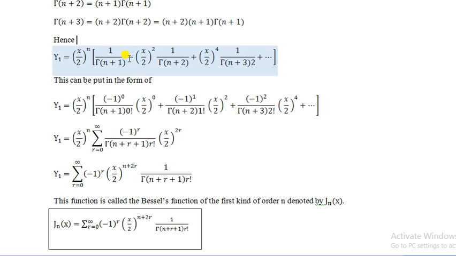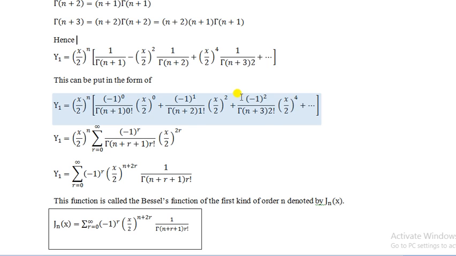Now the second term, here the sign is minus. So again we will write this, replacing the minus sign as plus, and again for convenience we will express 1 divided by gamma of n+2 as (-1)^1. So (-1)^1 becomes a minus sign, but here we will use the plus sign, divided by gamma of n+2 into 1 factorial. 1 factorial value is 1, into (x/2)^2, plus then the third term is expressed as (-1)^2. So (-1)^2 is again a plus sign, gamma of n+3, 2 factorial, (x/2)^4.